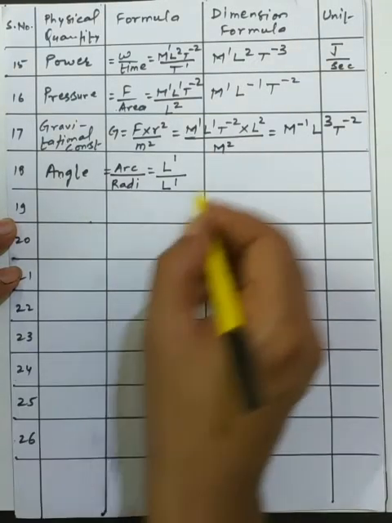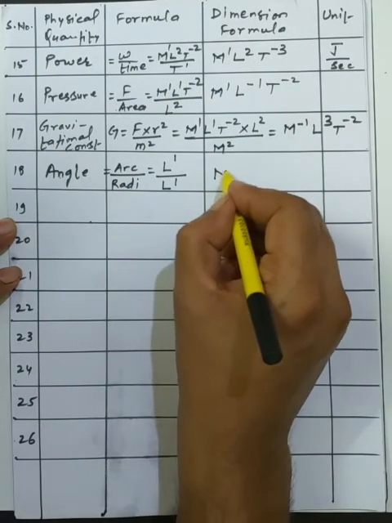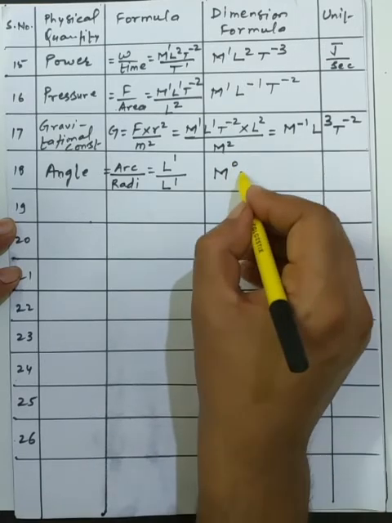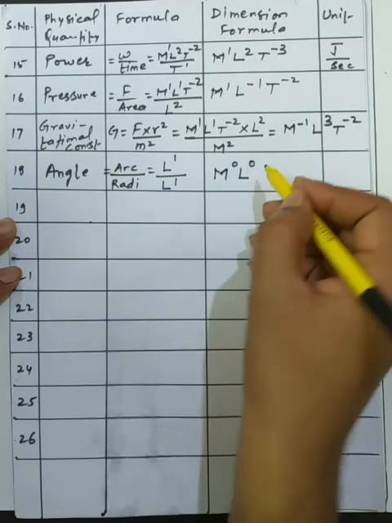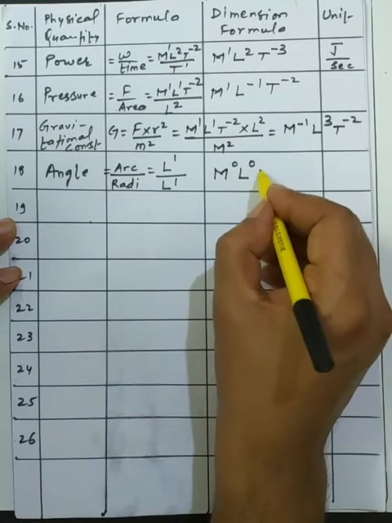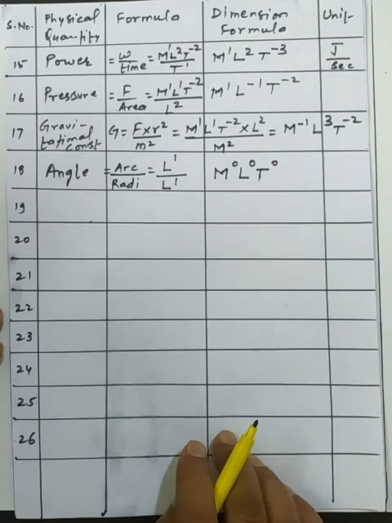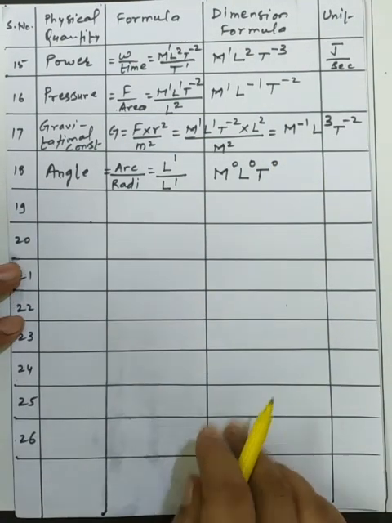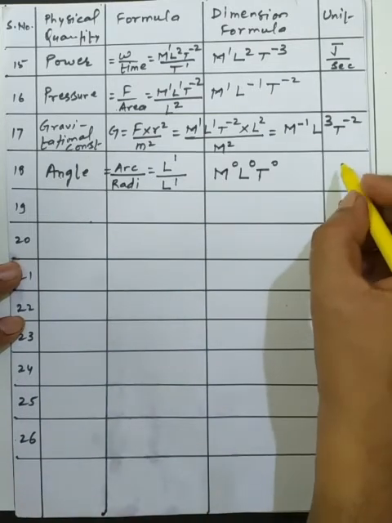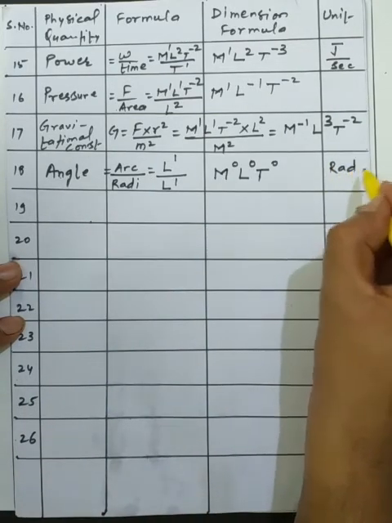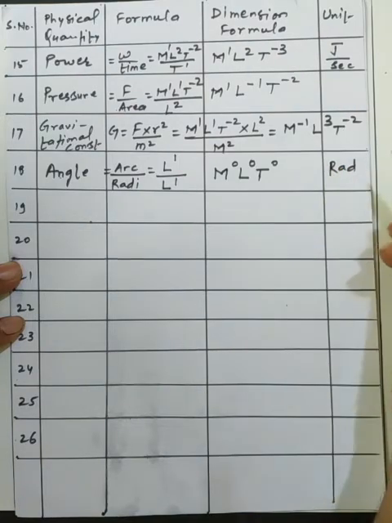Okay, now finalize, as we are just assessing, this physical quantity doesn't have a dimension. It is a dimensionless quantity, so I am just writing M0, L0 and T0. This physical quantity doesn't have any kind of dimension formula, but still it has a unit. Angle has a measurement unit, called the radian, which we have used in the parallax method.